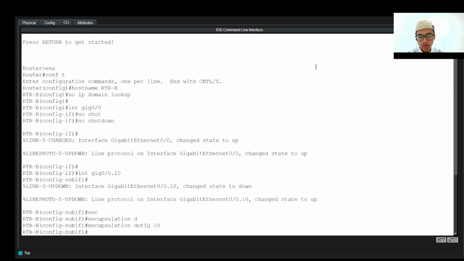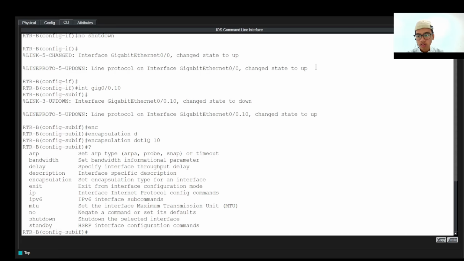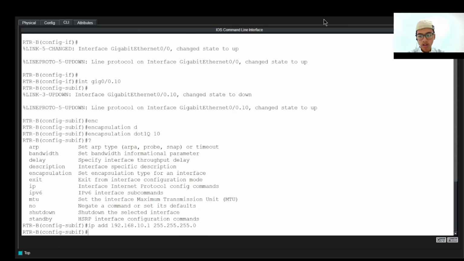After that, we add the IP address for VLAN 10, that is ip address 192.168.10.1, and then the subnet mask. Okay, that's the encapsulation for VLAN 10.